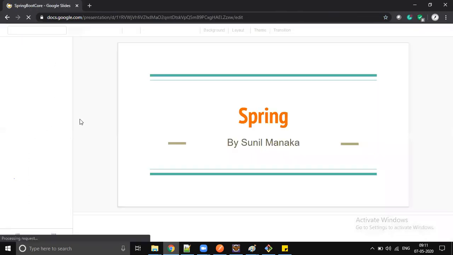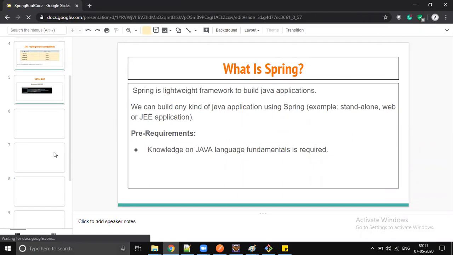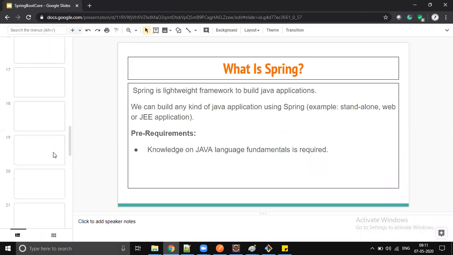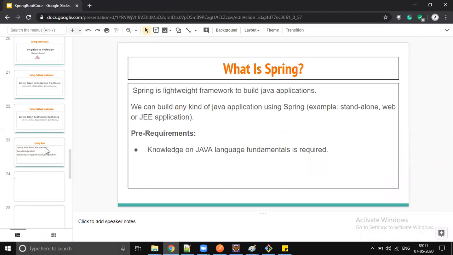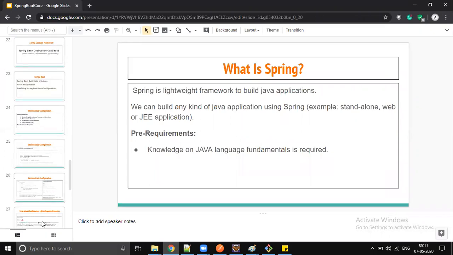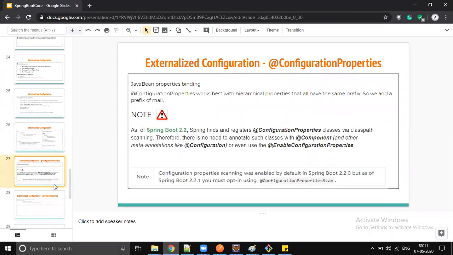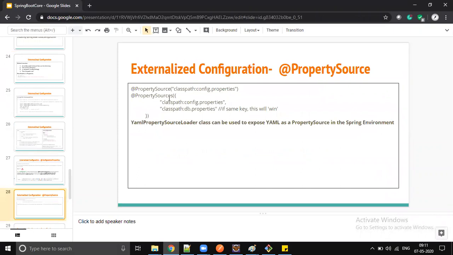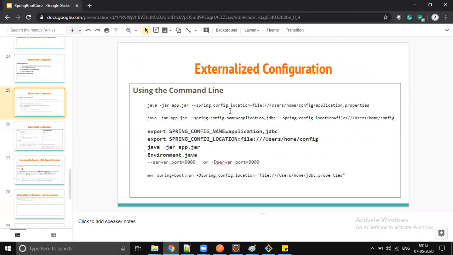So these are the ways we can load the properties files. Yes, now it's time to see how to load customized properties files inside our application, right? So let's go to the next slide. Before that, I just want to tell you, if you wanted to load any customized properties file, for example a properties file like config.properties or db.properties, anything, this is how we load it while running the application.